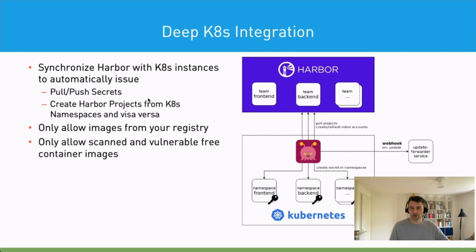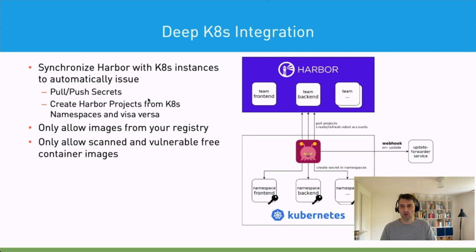this project automatically gets a robot account, and the robot account gets the pull secrets, and the pull secrets are automatically injected into the Kubernetes cluster, so that when you deploy a container or make a deployment, you don't have to provide any pull secrets, and the pull secrets are automatically rotated every week or so, so that things are fully automated, and the user doesn't have to care about carrying around pull secrets and image secrets and things like this, because everything is nicely integrated and automated, and you can go even further and